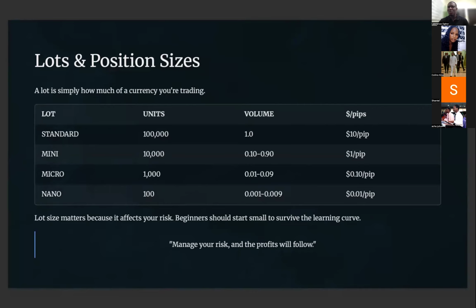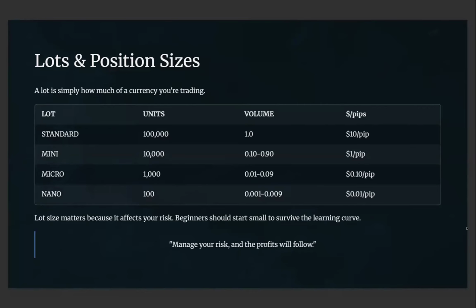So just see it like you are writing. That's how I take it. See it as if you are writing 1 to 90 or 1 to 100. This is 1, 2, 3, 4, 5, 6, 7, 8, 9. Then we have 10, 11, 12, 13, 14, 15 till you get to 90. Because on this side, you can open a lot size of